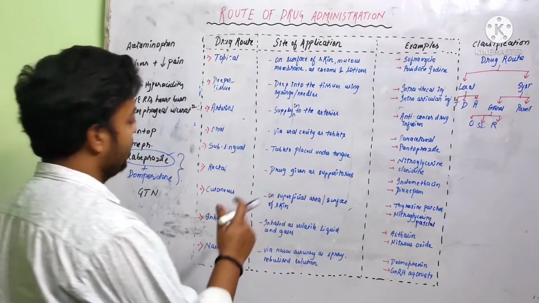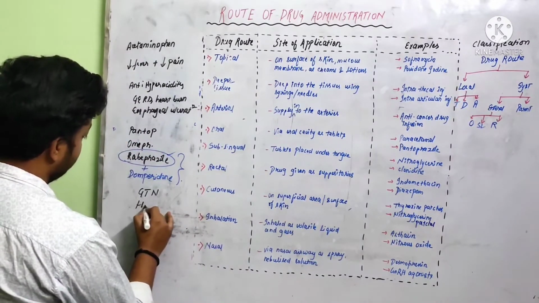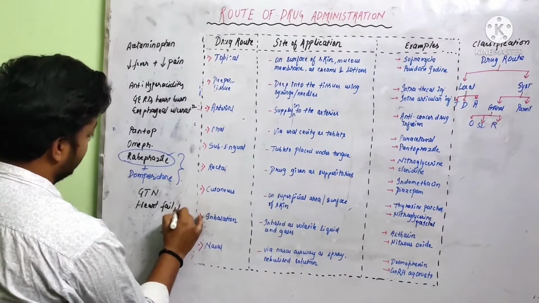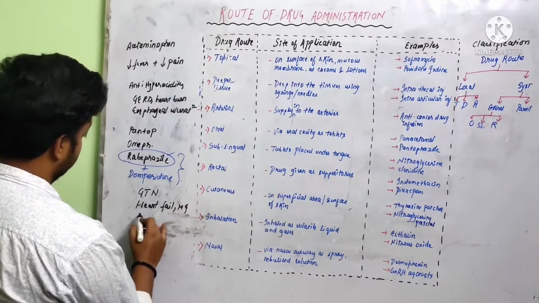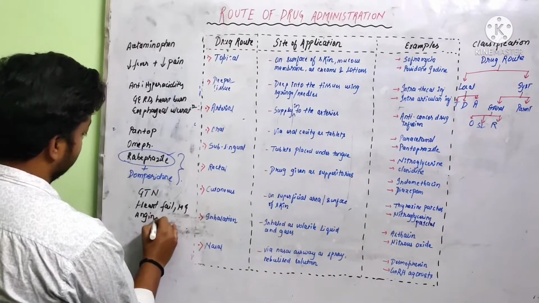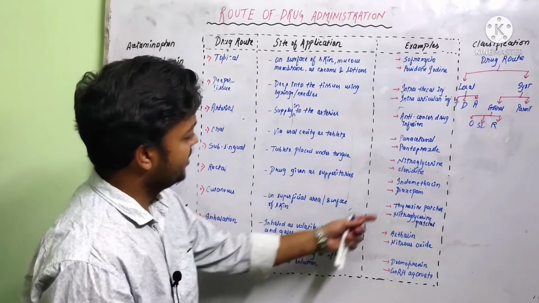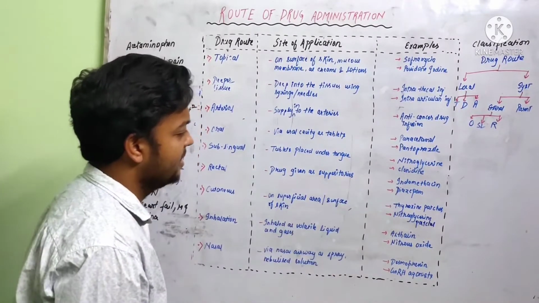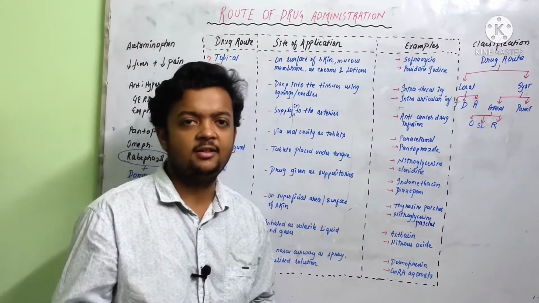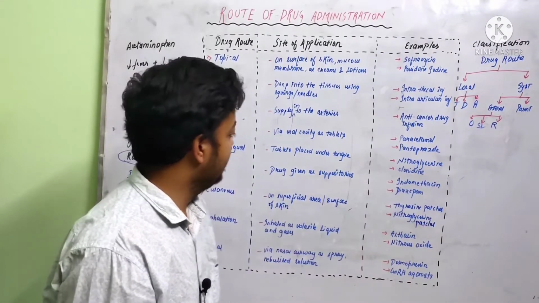So guys, nitroglycerin is also called GTN. It is used in heart failure, MI, and angina. That is nitroglycerin. Next we have clonidine. Guys, this is an antihypertensive agent. Now I won't go into detail about the antihypertensives. I'll make a separate video on that as well. You should remember that clonidine is nothing but an antihypertensive agent.